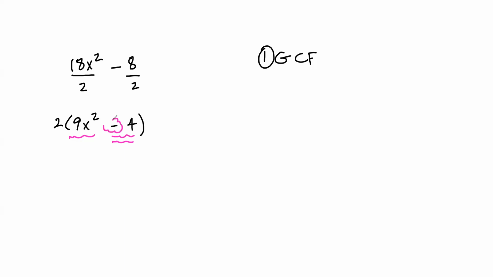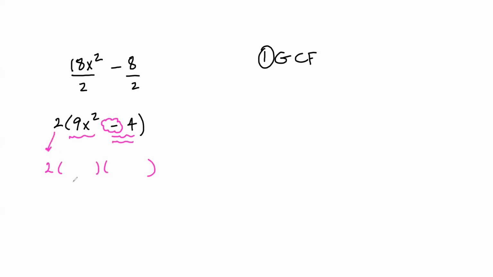And the negative is super important though. You've got to have a minus sign in the middle for this pattern to even work. If this was a plus sign, then you would just stop here. That would be the end of it. But because it is a minus sign, we can go ahead and bring down the 2 and put 2 sets